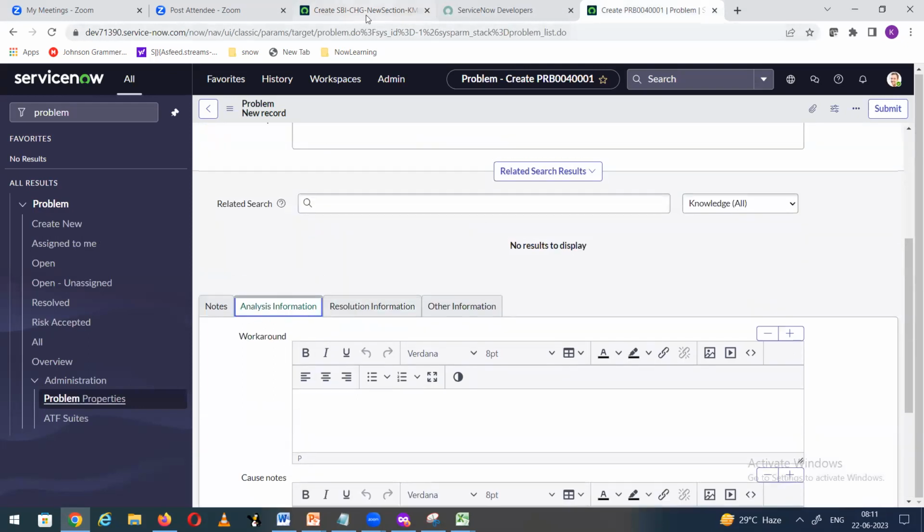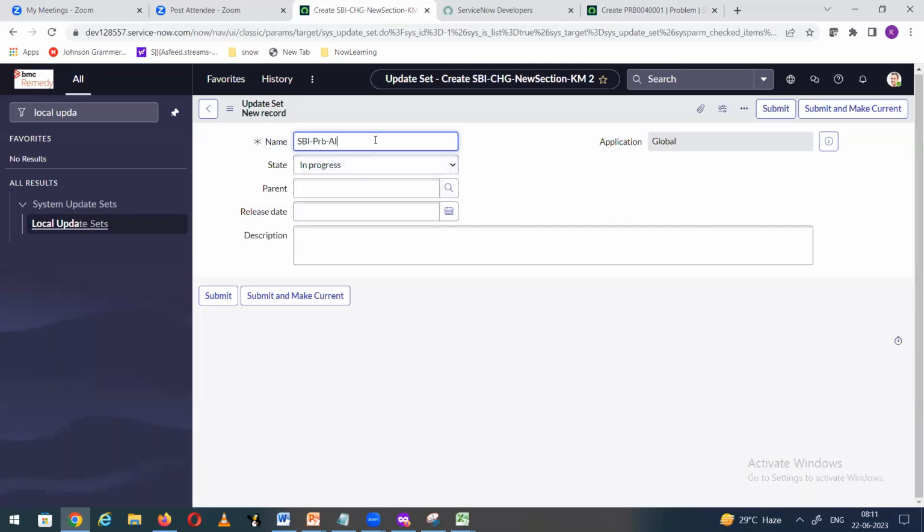In the analysis information section, AI section. What are you going to do? Two fields here. And in the last, you need to update your name also. I'll tell you why. In the description, creating two fields,